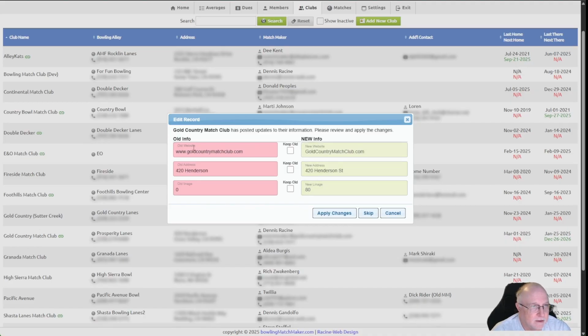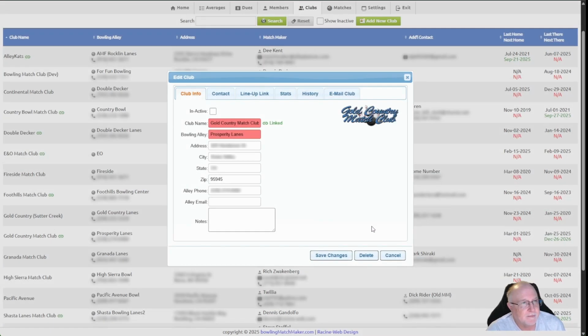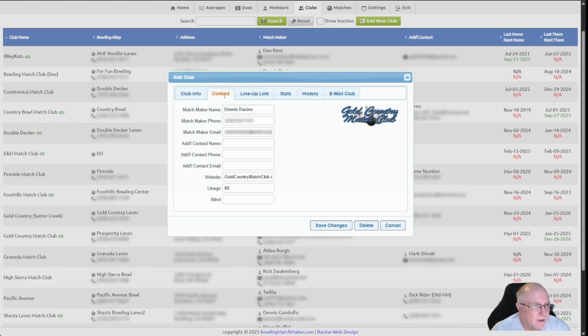And in this particular case, we can see that some of the information is slightly out of date or just slightly different. In the case of the website, it's really the same. The street, just missing street, but you can see that they've got a new lineage here. So you can choose to skip this and keep your old information, or you can apply the changes, which will update your information to match theirs. And then you've got all the information here. This is their address, contact information,